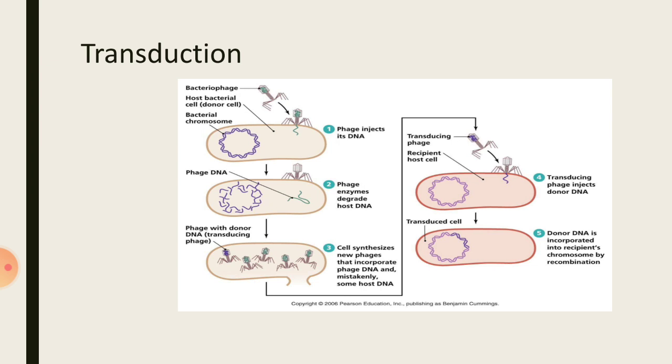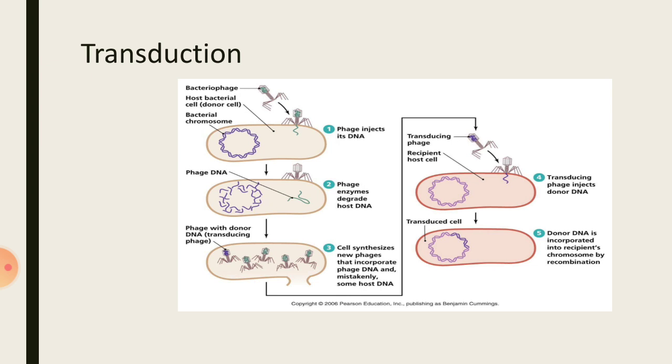So unexpectedly or by mistake, when these viruses come out from the bacteria by killing it and attack another bacterium, they transfer the gene which was taken from the first bacterium into this new bacterium. Thus, during the replication process of viruses, they transfer the gene of bacteria from one bacterial cell to another bacterial cell. This is called transduction. In this video lecture, we have come across different gene transfer mechanisms.